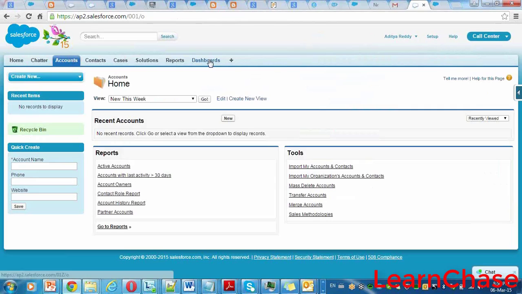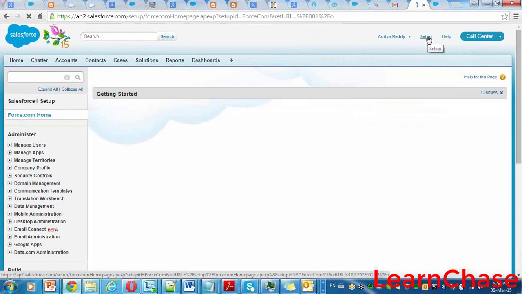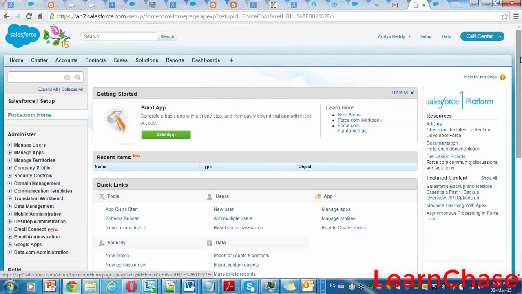Now, if you see this, there is a setup link. If you click on the setup link, then you can see a number of options in the left menu. There is a left sidebar. If you see this, administrator.